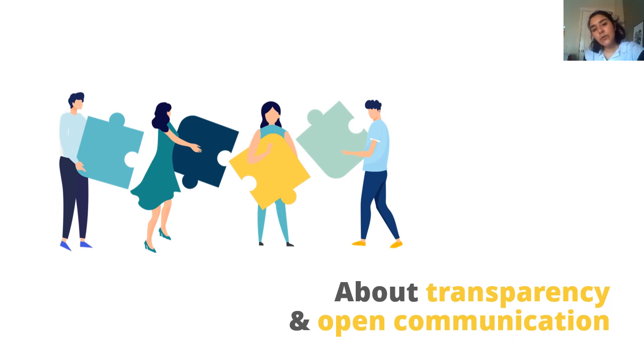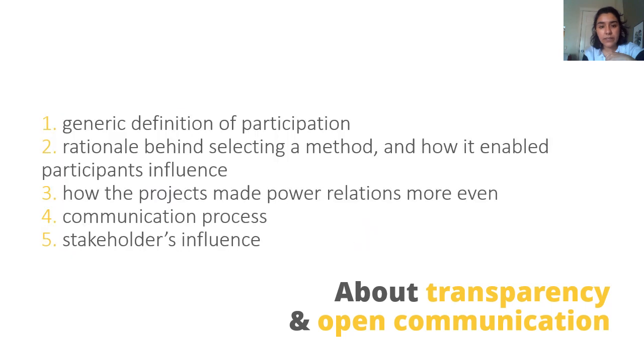Now, things that we need to discuss and reflect about. First, we have the matter of transparency and open communication. So the sources that we reviewed had different levels of ambiguity about the project's process, and this ambiguity mainly manifests itself in these 5 different aspects. We know it's hard to refer to all this in one study,